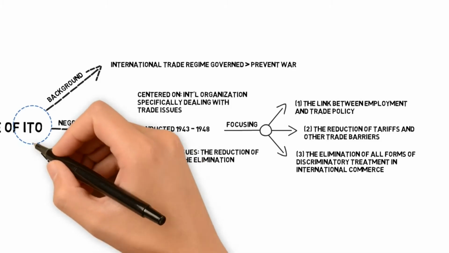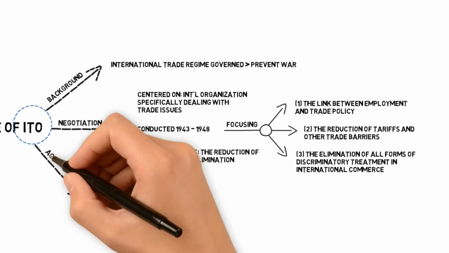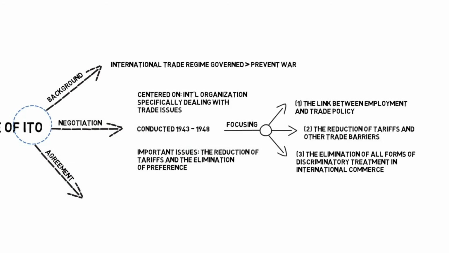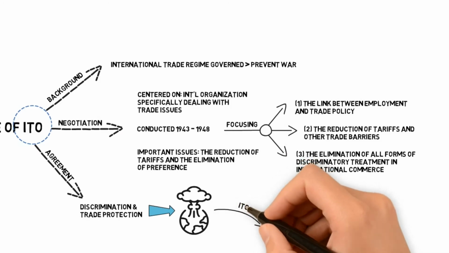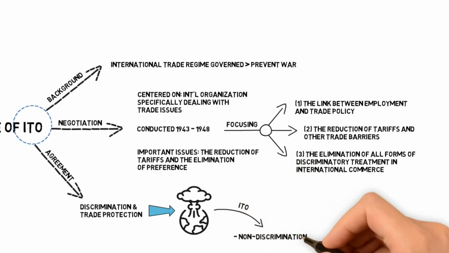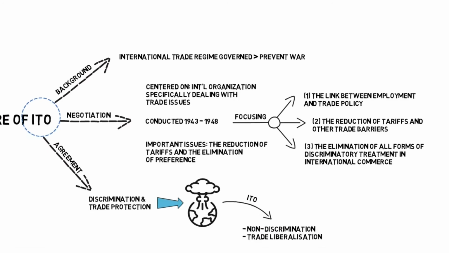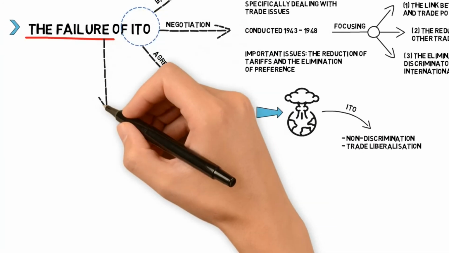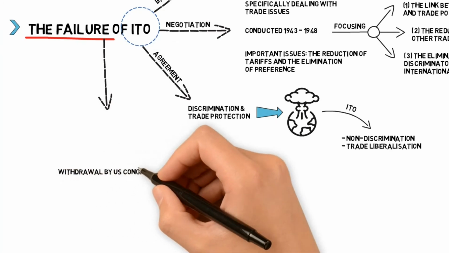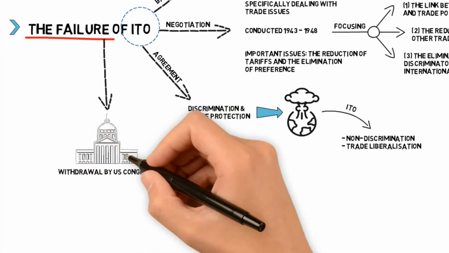When the establishment of the ITO was agreed, these countries also agreed that discriminatory practices and protectionism in international trade contributed to world war. With this understanding, the international trade under the ITO was expected to be governed by non-discriminatory and free trade or trade liberalization principles. Nevertheless, even though the ITO was already agreed, it never came into being due to the rejection by the US